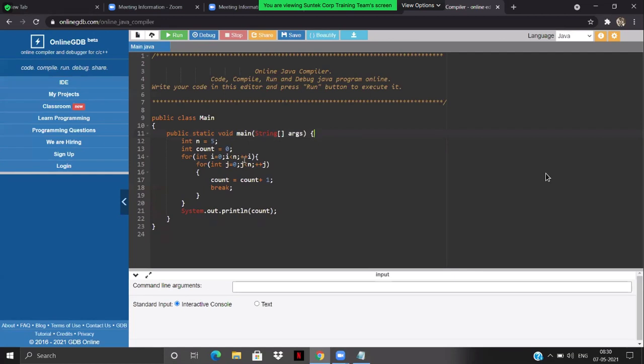So basically, we do have a for loop. Inside that we have another for loop, and we are incrementing the value of count in the inner for loop, not in the outer one. Okay, we have changed the value to n equals 5, just to give you an idea. Right? Yeah, would it be 5? Yeah, let's see. How about others, guys?